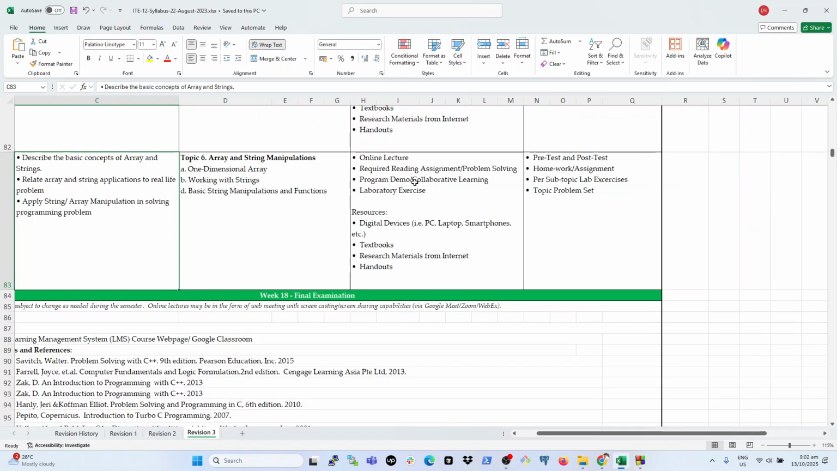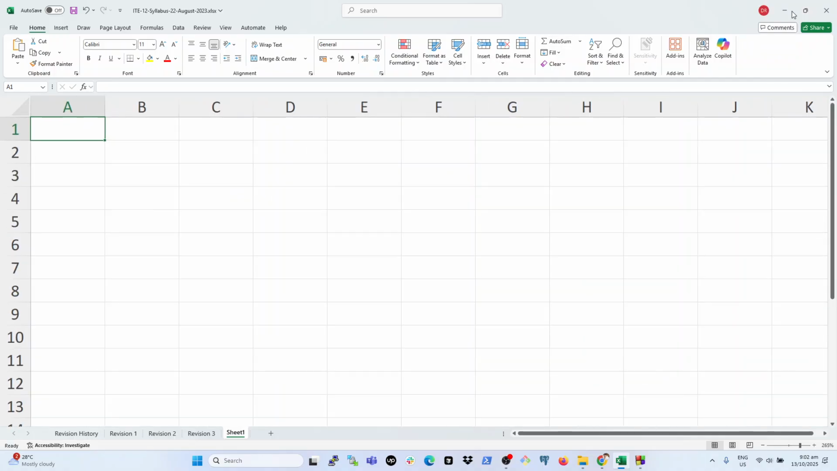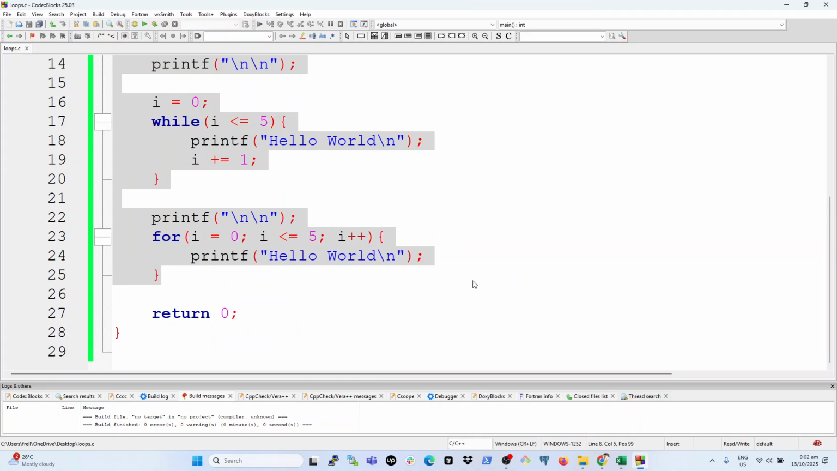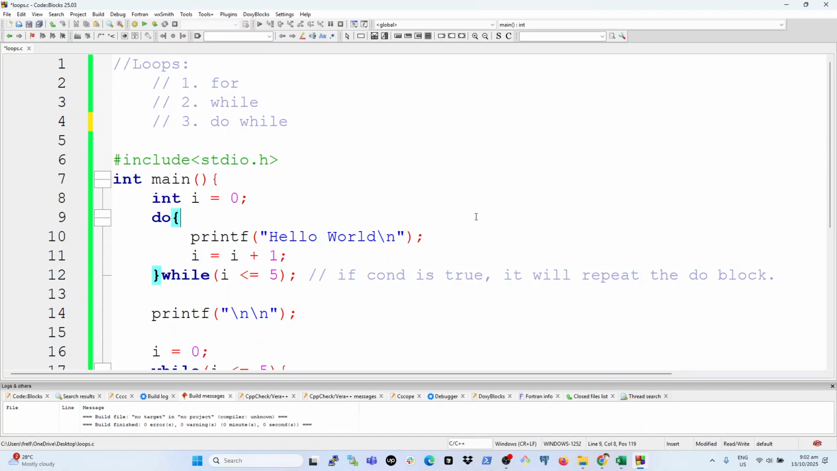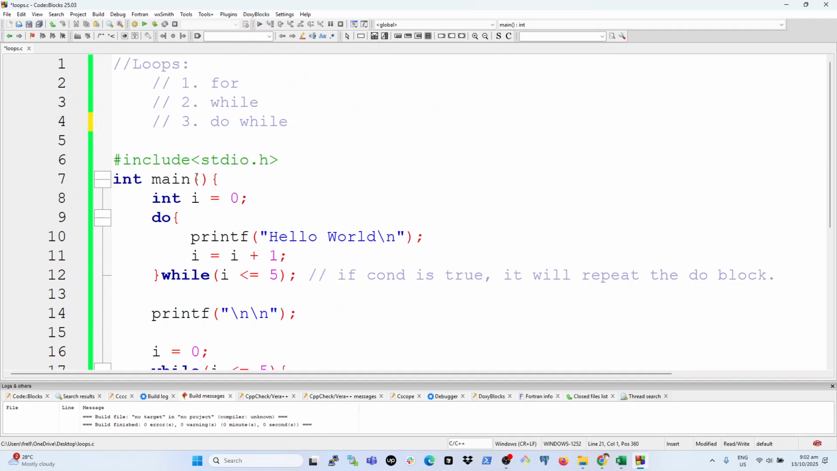So I'll be demonstrating a very important thing here. If you have questions on the do while loop, feel free to drop them in the forum again. Now we're finished with the do while loop. Let's proceed to the